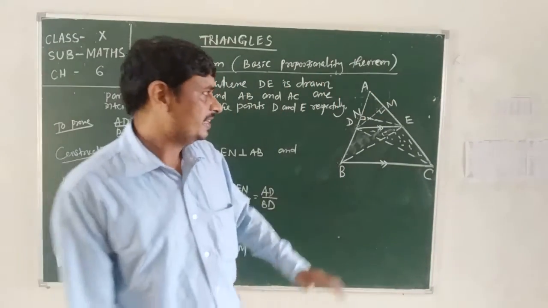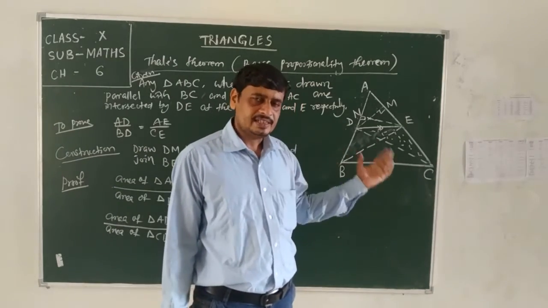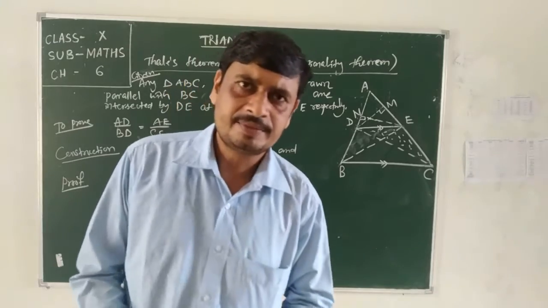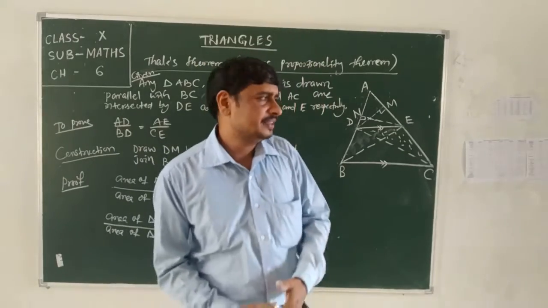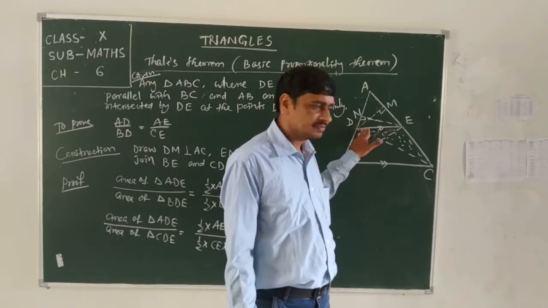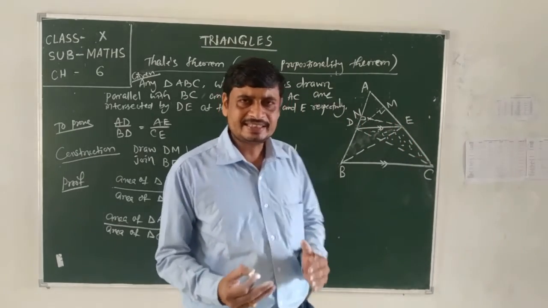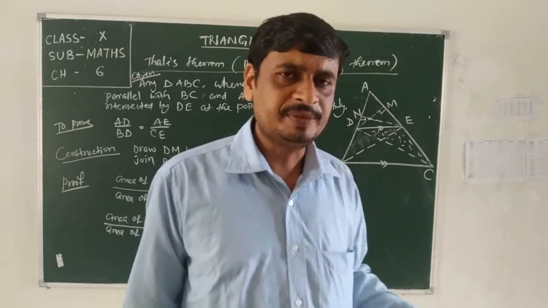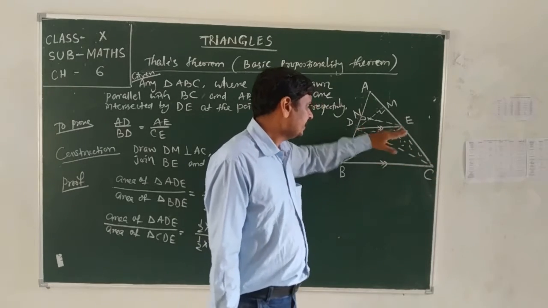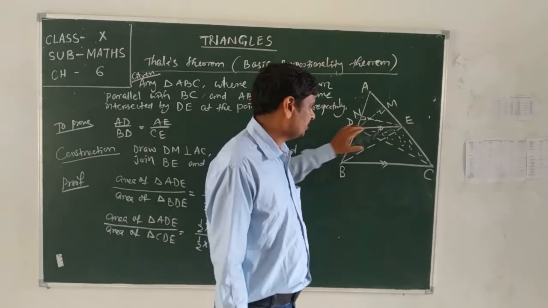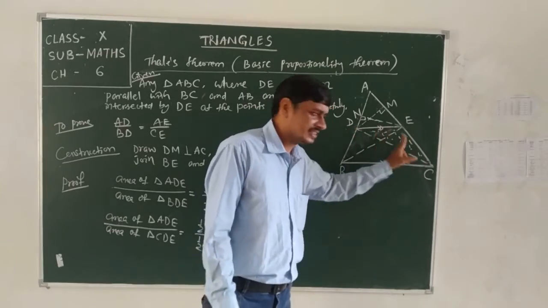Yes, the areas of these two triangles are equal, because you have all learned in class 9 that if two triangles have the same base and lie between the same parallels, their areas will be equal. If they have the same base and are between the same parallels, their heights will be equal. If bases are the same and heights are the same, then the area is automatically equal. So triangle BDE and triangle CDE have the same base, that is DE, and are between the same parallels, that is DE parallel with BC. So the areas of triangle BDE and triangle CDE are also equal.